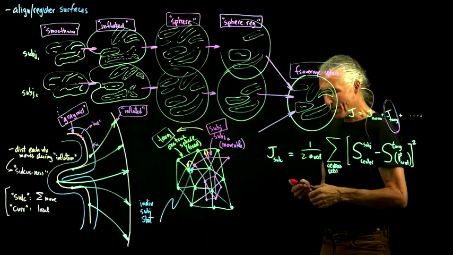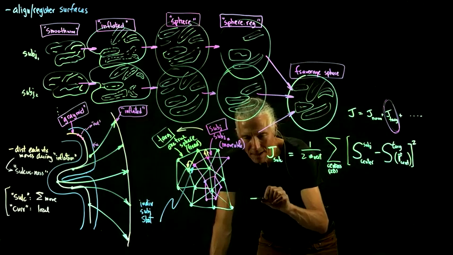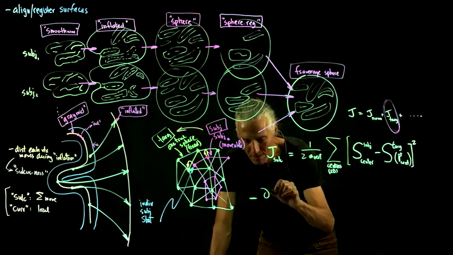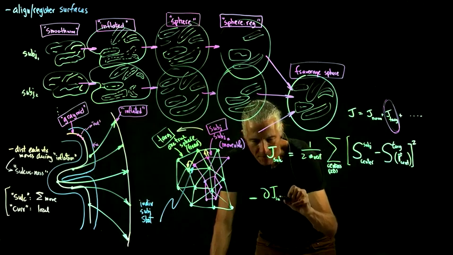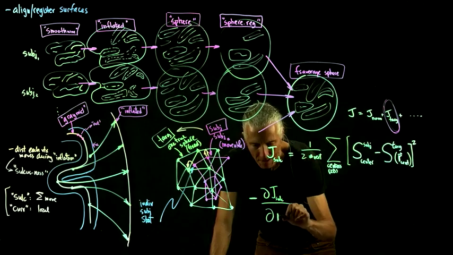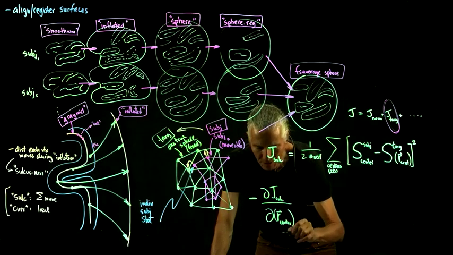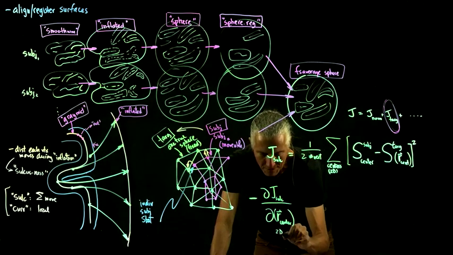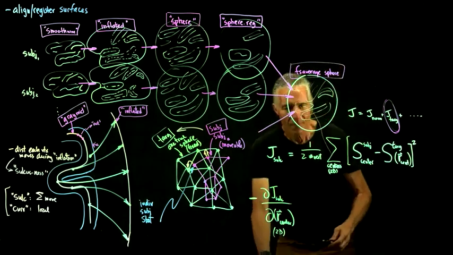Okay, so that's our error, and then we take the derivative of that, which tells us which way to go, and we take the negative of the directional derivative of that, with respect to these center positions. These are 2D. So rather than 3D, as last time when we were doing the deformation,